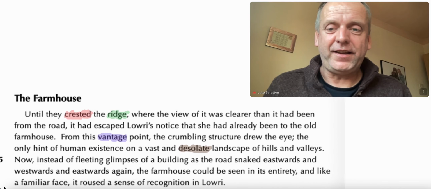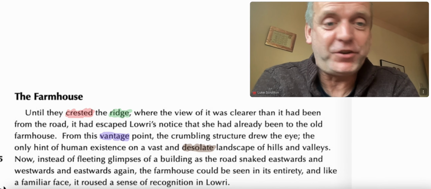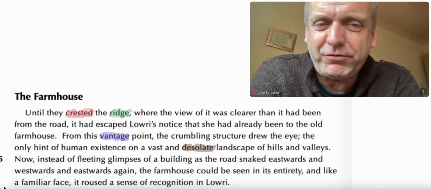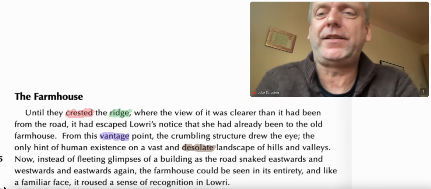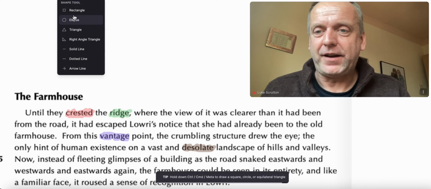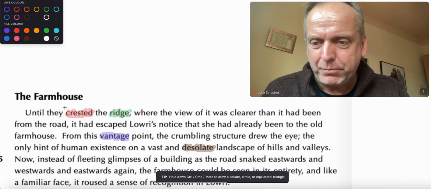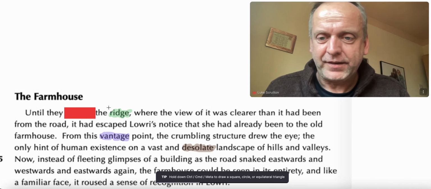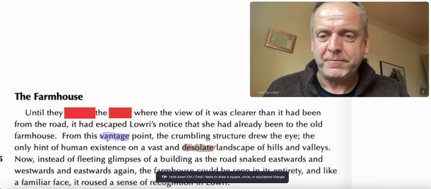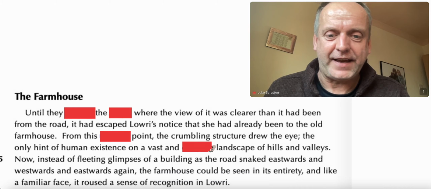What we're going to do is pretend that we don't understand those four words. You might understand them, but just for case in point, when we hit those words, we're going to blank them out. So I'm going to create a little red box over them. We're going to see if this changes our understanding of the text.